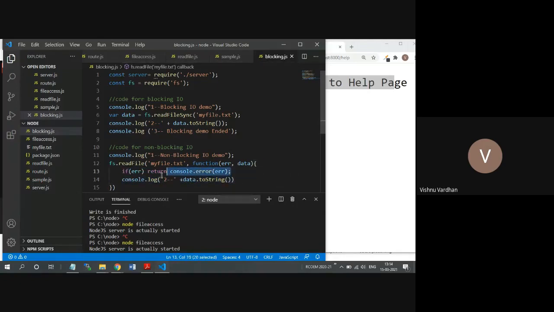Generally, in our case, the error will not be there, but we have to catch it. Otherwise, if there is no error, the second step is to simply write that information onto the console.